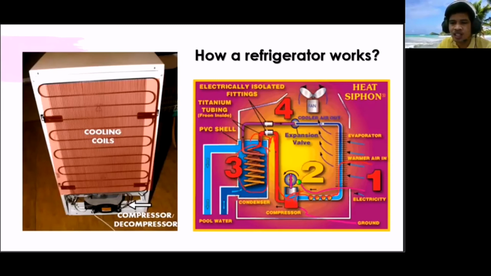The condenser here will now dissipate the heat outside, and it will be cool, cold air. Then it passes through number 4, the expansion valve. In here it will evaporate in this phase. Repeating this cycle over and over again will make the inside of the refrigerator cooler and the outer side